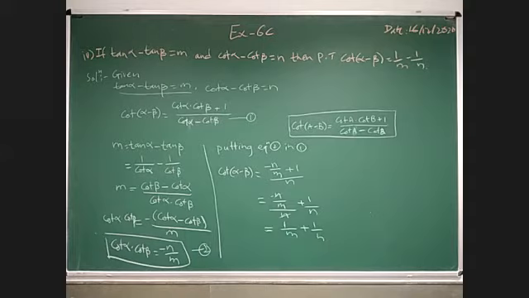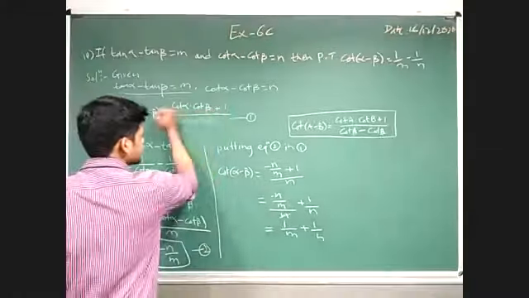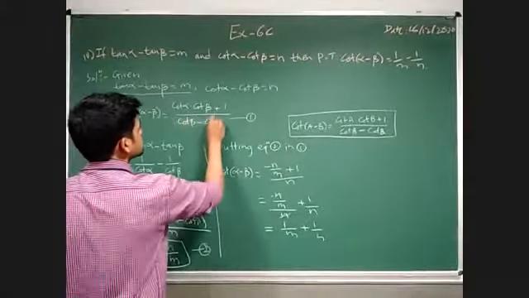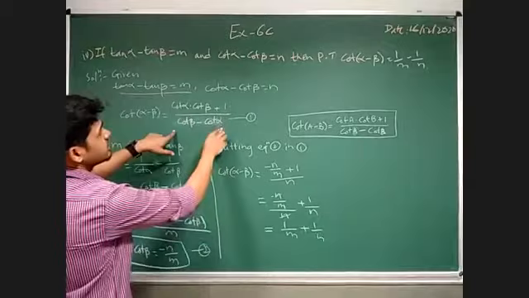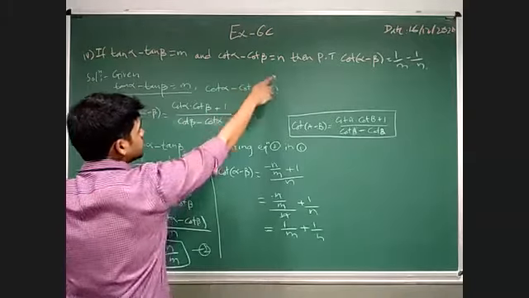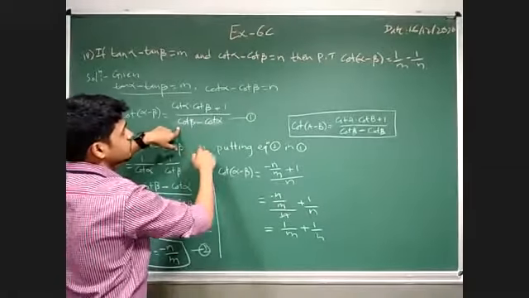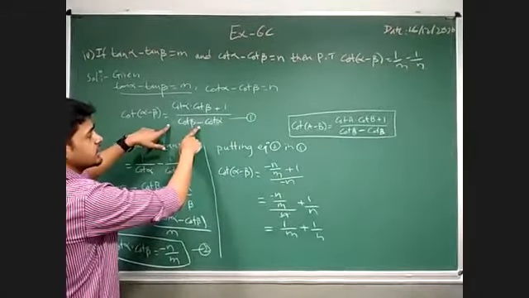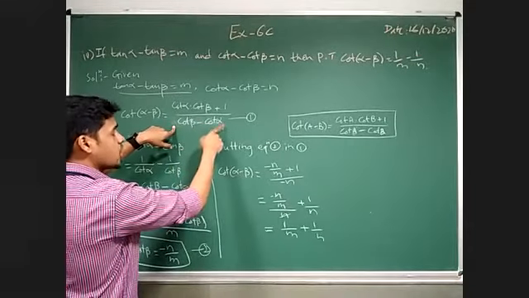cot alpha minus cot beta. Okay, so boys, here I made a mistake. Here the formula will be cot beta minus cot alpha. The given thing is cot alpha minus cot beta is equal to n, and according to the question we need cot beta minus cot alpha. So for making that, I have to take minus common. If I take minus common here, then it will be minus of cot alpha minus cot beta.